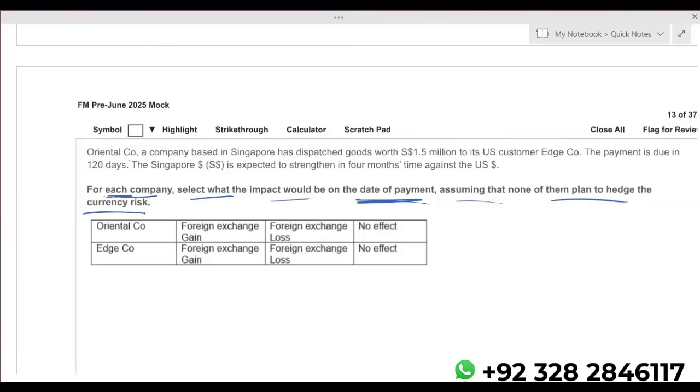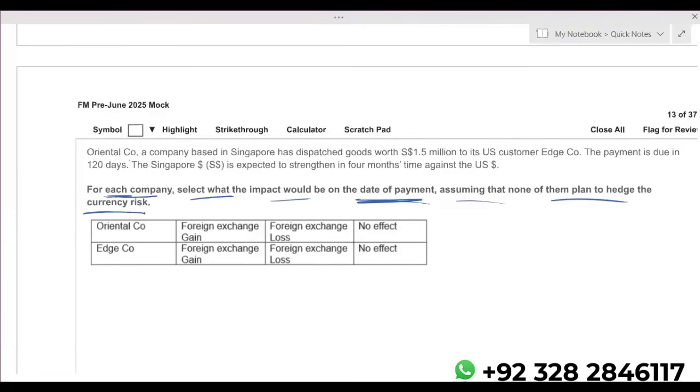I'll make the payment after 6 months. But I know that my currency is depreciating every day. If my currency is depreciating every day, when the time comes, I'll be paying more than what I would have paid today. So whenever your currency is depreciating, on import you will have a loss. But if there is an export and your currency gets depreciated, then you will have a benefit.